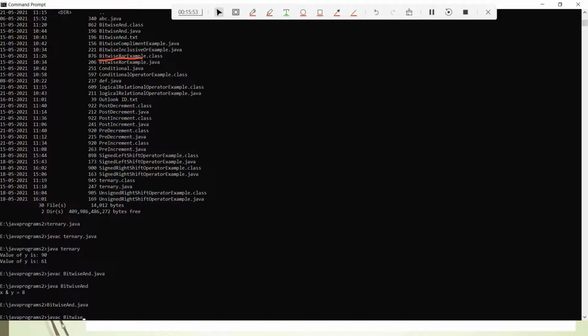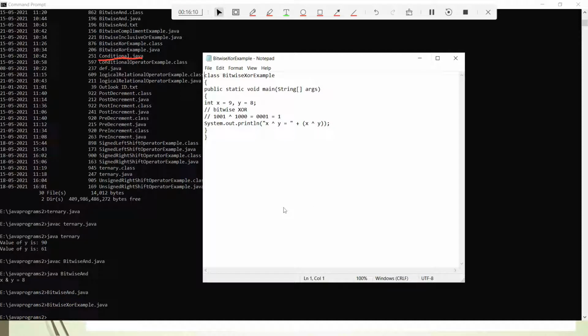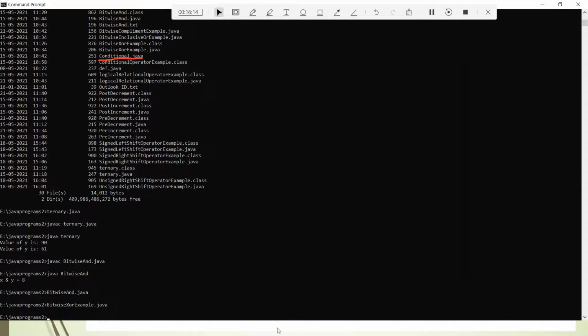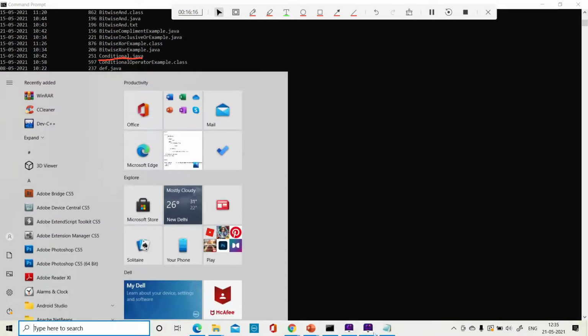Just see the name, it's BitwiseXORExample.java. Before compiling I'll just open the file first. So you simply give it like this. It is already opened. Now it is javac.